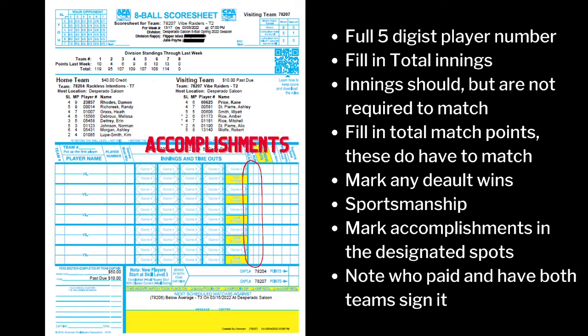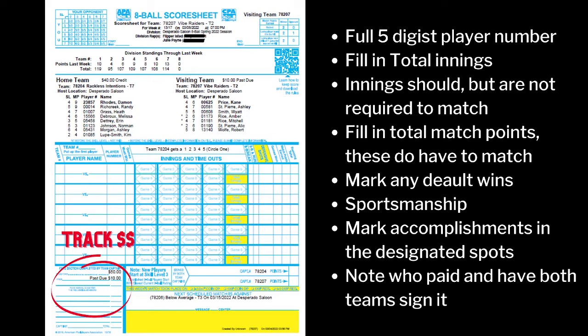The accomplishments, so 8 on the break and run, you're just going to mark little tick marks, almost like you would an inning. You don't want to do a full X in that box or fill it in all the way. In the event that player gets more than 1, you need to be able to show that 1 or 2 or 3 or 4. It happens from time to time, so use innings.